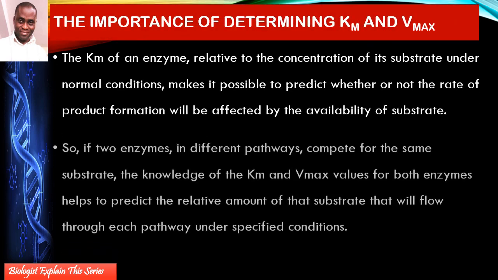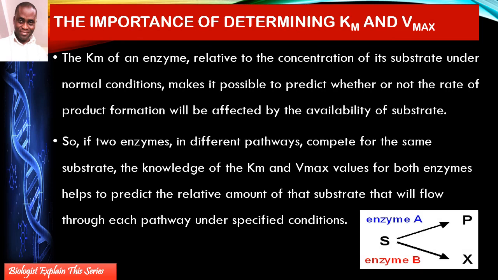So let's look at the importance of determining Michaelis-Menten constant and the Vmax. Now, the relative concentration of the substrates under normal conditions helps us to predict whether or not the rate of product formation is actually affected by the available substrate concentration. Since you're plotting a graph, you can look at the graph because a graph tells you how two variables are